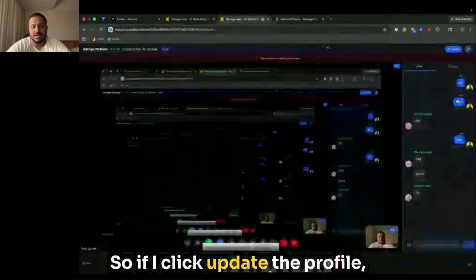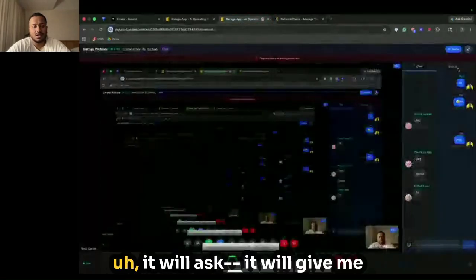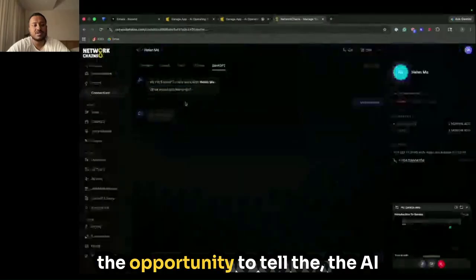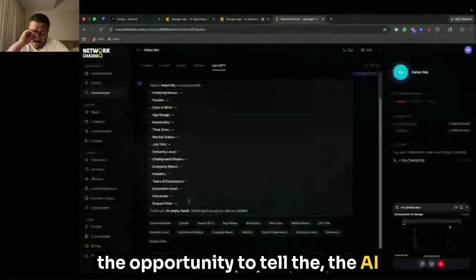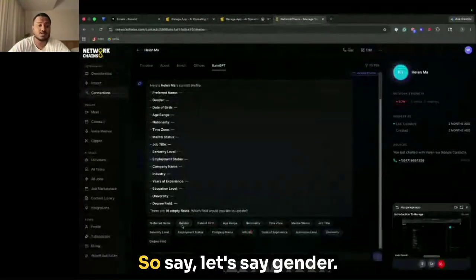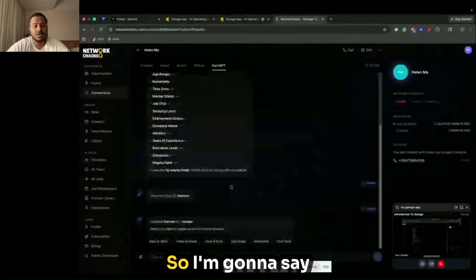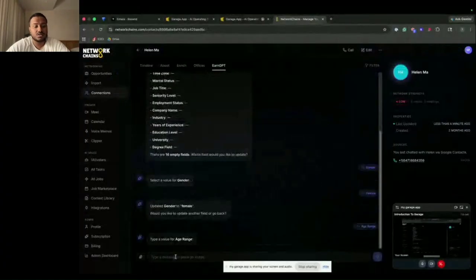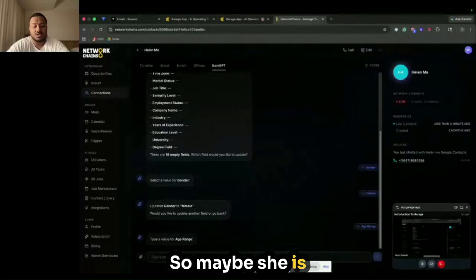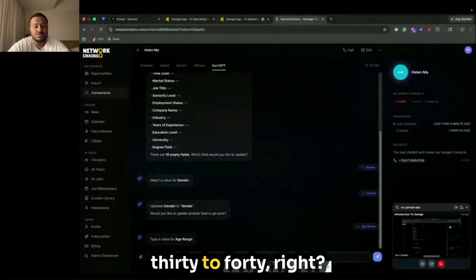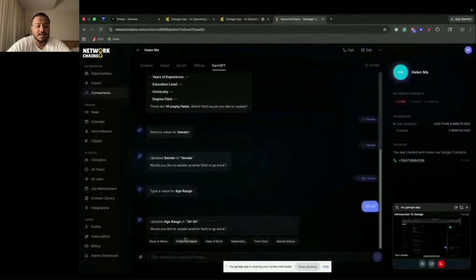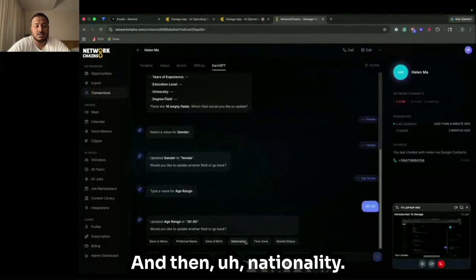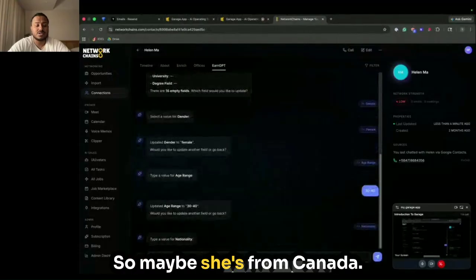So if I click update the profile, it will give me the opportunity to tell the AI more information about Helen. So let's say gender. I'm going to say that she's a female. Let's say age range, so maybe she is 30 to 40. And then nationality, so maybe she's from Canada.